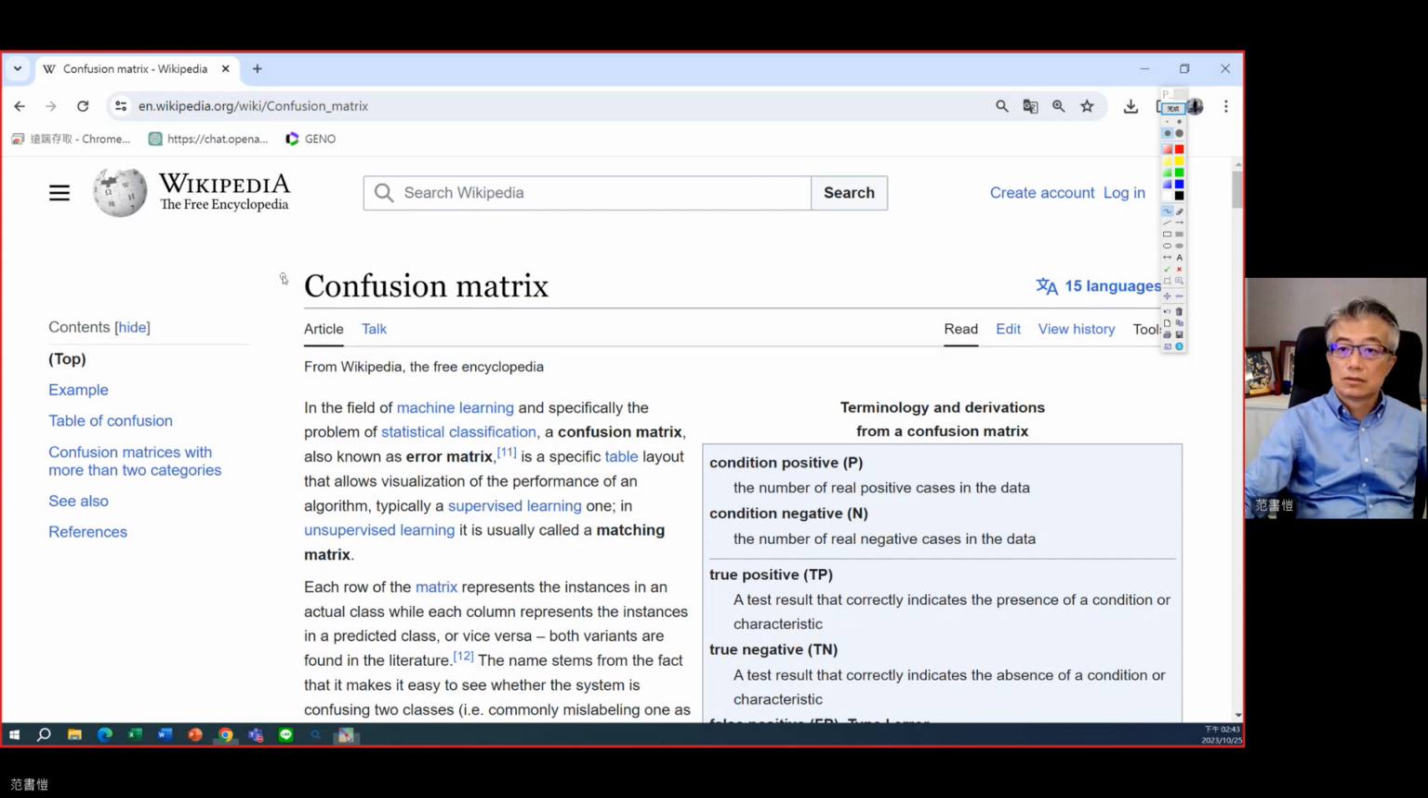Okay, so today I'd like to talk about what is a confusion matrix. It's an important measure for evaluating how effective the deep learning or machine learning methodology we develop is, about the accuracy, about the recall. So in the field of machine learning, and specifically for the problem of statistical classification, typically,